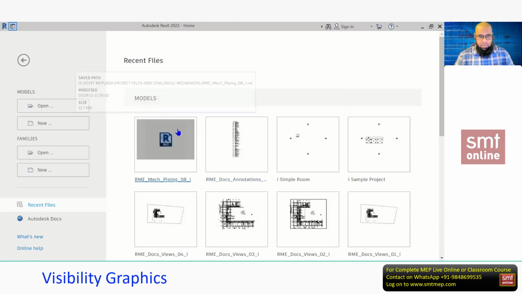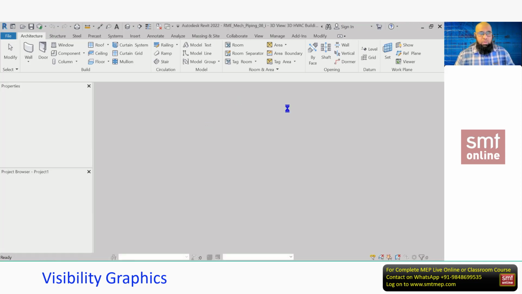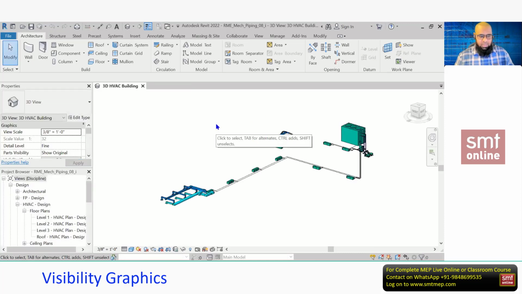So for example, to show some more new options, let me open this piping 08 file. You see this option is not in the notes, so I request you to please make a note of this point. So related to visibility, I think remember we discussed how to hide temporarily or using the category or the element option. We also discussed how to hide an element or category permanently also. So all this is related to the visibility only. So view template is also related to visibility.